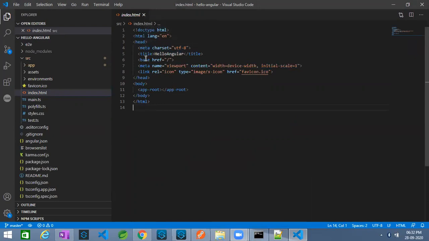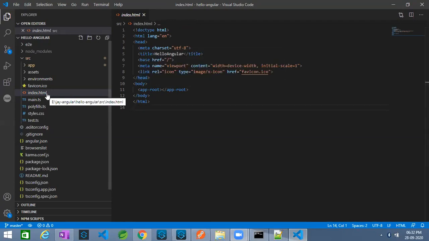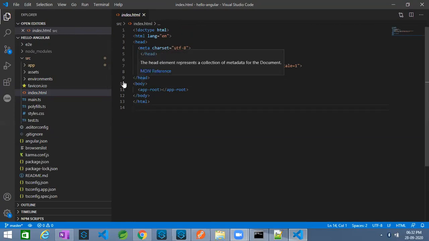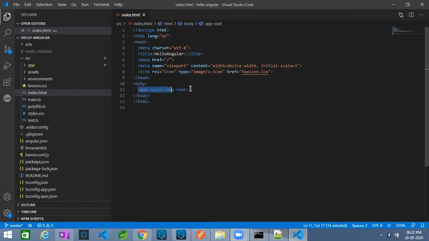Sure. Okay. So actually what happens, right? The entry point, I mean the starting of your Angular application, is your index.html page. If you open your index.html, inside it we have a couple of HTML tags like html, head, title, correct? All these are HTML tags only, except this line number 11. This line number 11 is a user-defined tag called app-root.